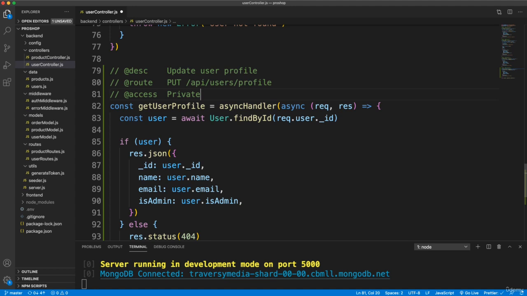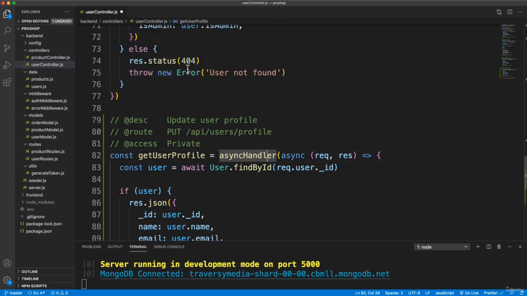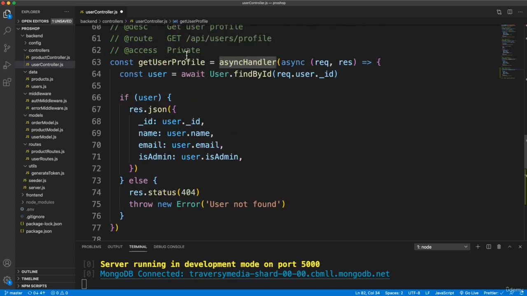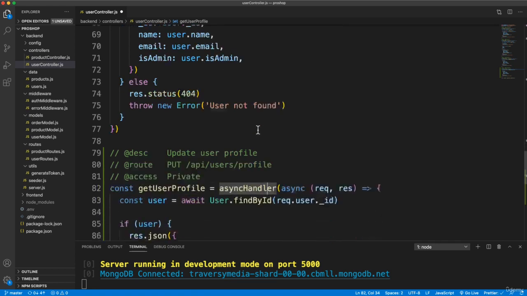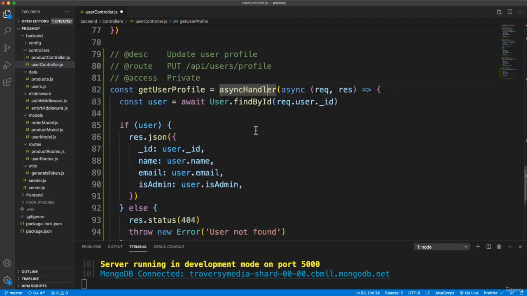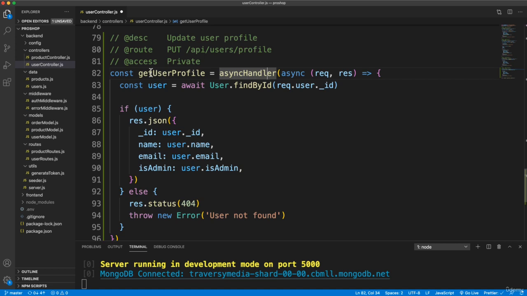They're going to need to be logged in, so they'll need to send a token, and that'll actually be both of these, or this one actually, get user profile, will be the first route that we hit from the front end that we actually have to send a token to. We haven't done that yet. So let's continue this. This is going to be update user profile,